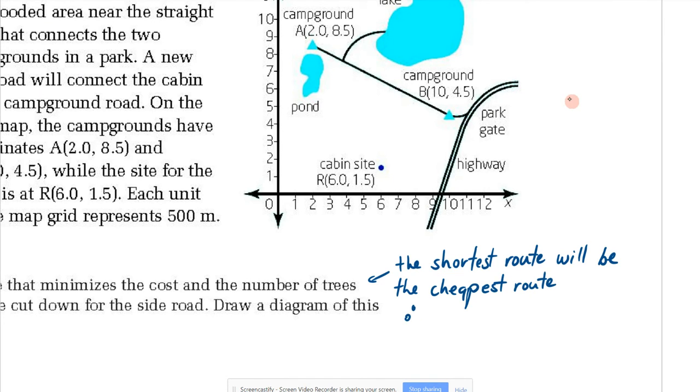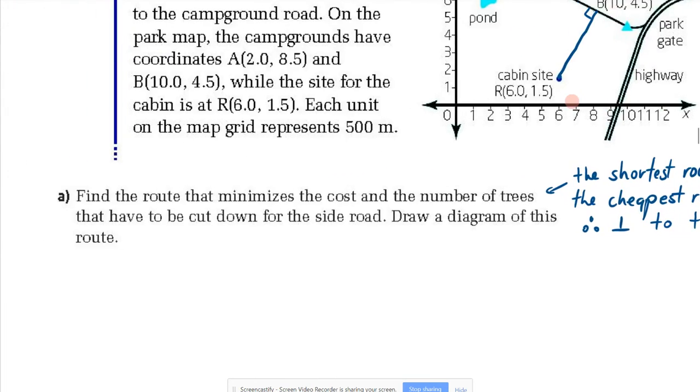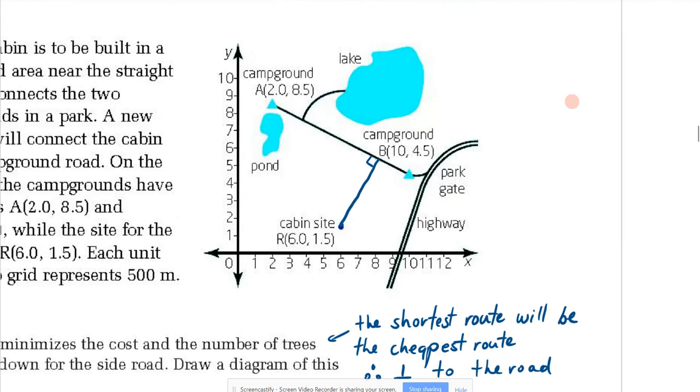And so therefore we need the shortest route, which will be the perpendicular, something perpendicular to the road. Okay, so that means I'm going to go from my cabin site and draw a perpendicular line, and that's going to be the shortest route to that road. Okay, so that means I need to find the slope from A to B. So A to B is represented by that line segment,